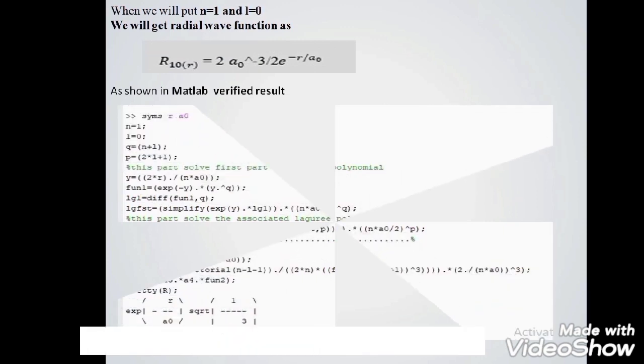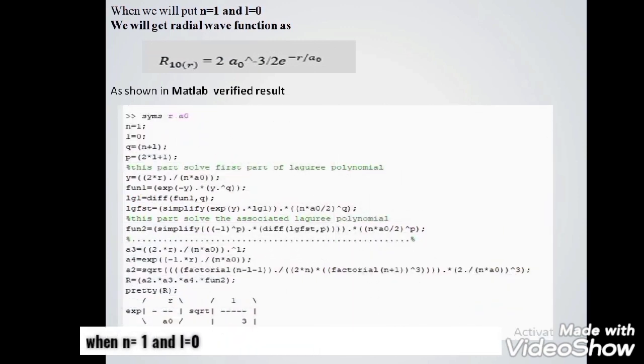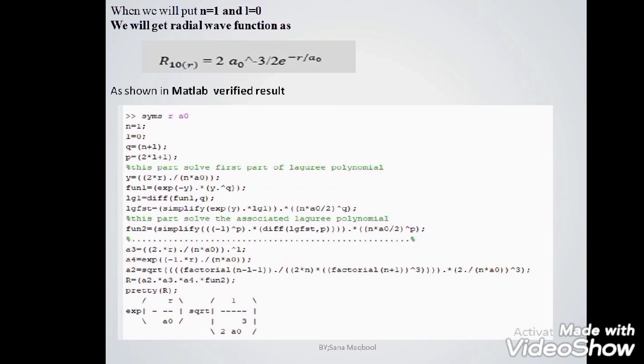When we put n is equal to 1 and L is equal to 0, the radial wave function for the hydrogen atom will achieve this form, and when we plot that in MATLAB, then in that case we will get this result. In this MATLAB code, what I have done is that first I have solved the Legendre polynomial part, and then